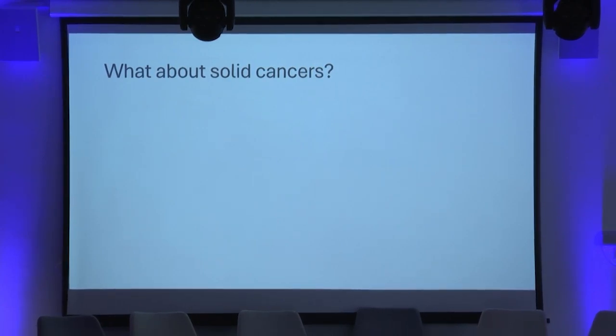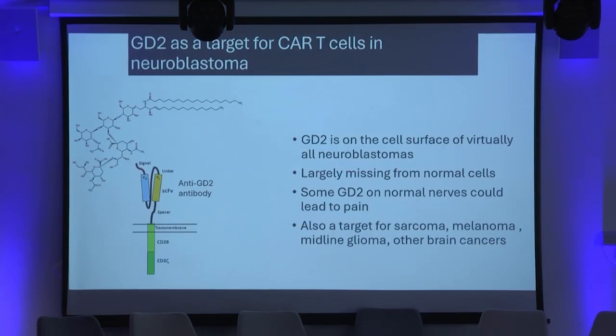various meetings. So what about solid cancers? Can we have the same successes in solid cancers which have been seen in the leukemias? And we are fortunate in neuroblastoma, but we've known about GD2 for many years because of the experience of targeting GD2 with the antibodies. And as I said, we actually take the anti-GD2 antibody used in dinutuximab and redeploy it within the chimeric antigen receptor, genetically engineer the cells to have the same kind of specificity as the dinutuximab anti-GD2